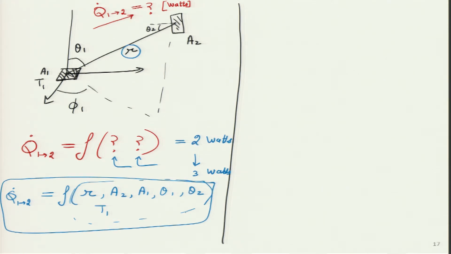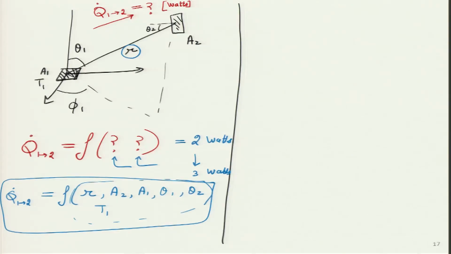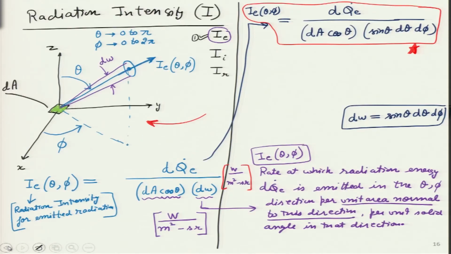Now, some of them, by increasing, q dot 1 2 can decrease, which means if I increase the radius, if I increase the distance between them, then q dot 1 2 will reduce. In fact, by reducing the distance, if I bring the two surfaces closer to one another, then more energy will come from surface 1 to surface 2. So, this is the correct answer over here. What I am going to show is, if you remember these 6 variables, all those 6 are actually inside this particular equation, and we will see very soon how all those 6 are inside.